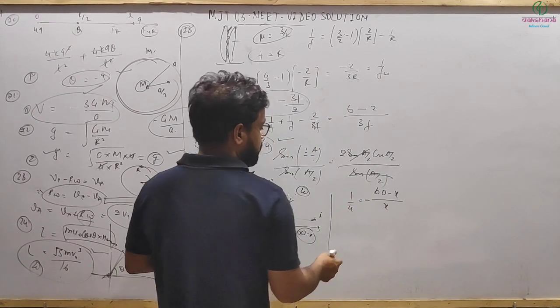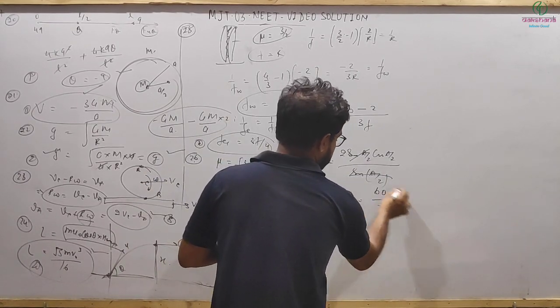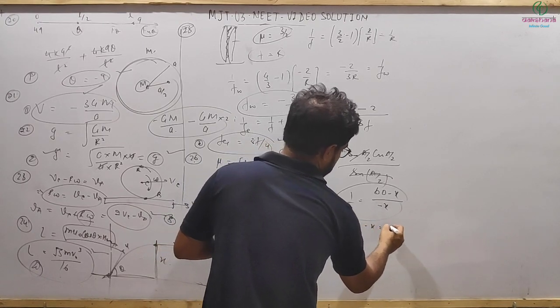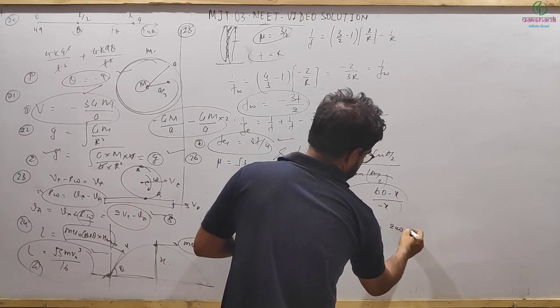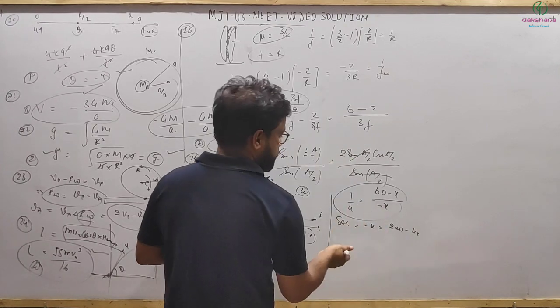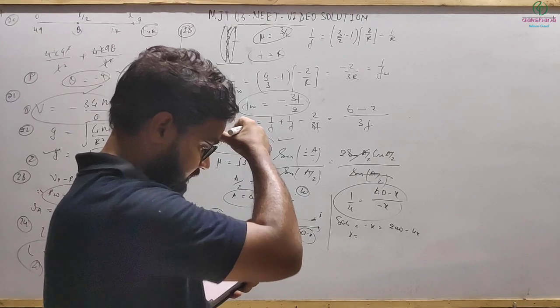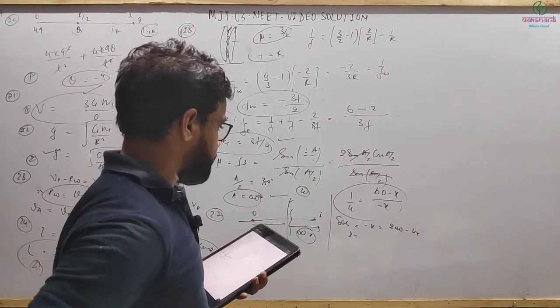Minus V by U, or minus X. Solving it, this implies minus X, 240 minus 4X, 3X, X is coming out to be